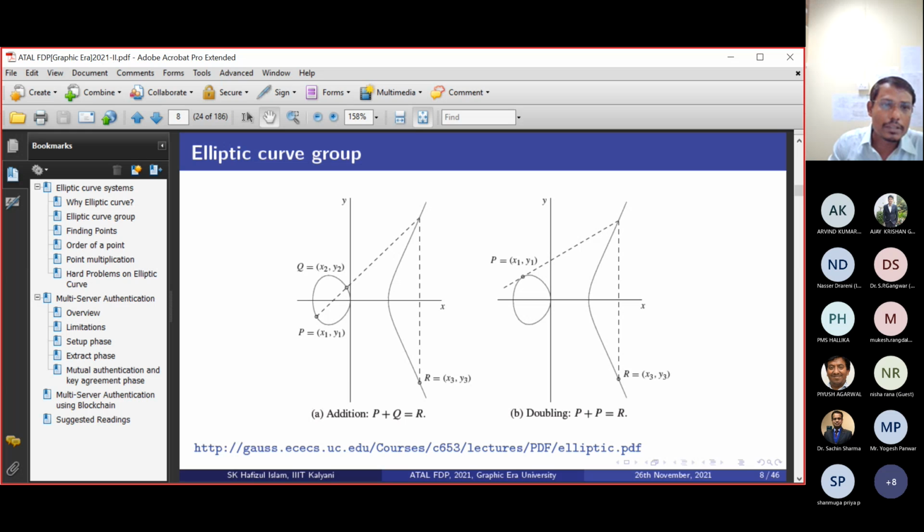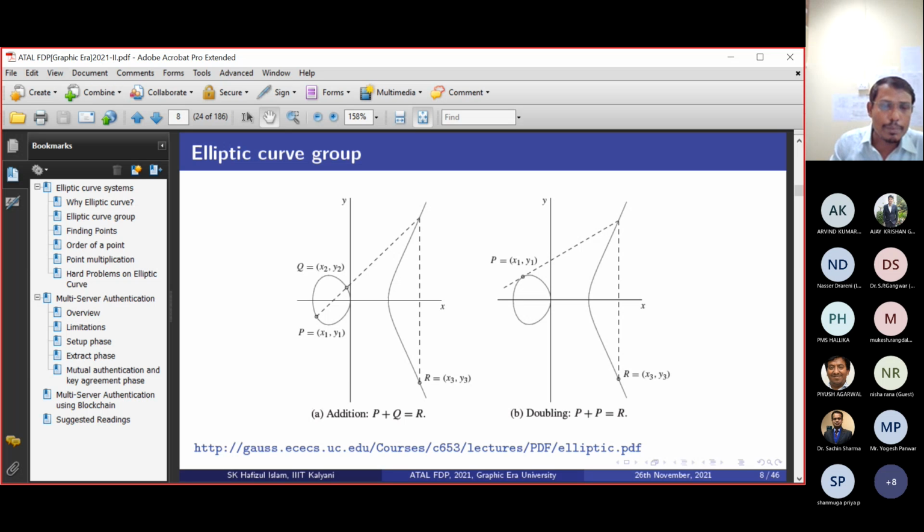So what we can write, x cube plus ax plus b is equal to, we place the value of y, that is mx plus c. We take everything to the left hand side, making it minus, right? From here, we can understand this is a cubic equation. It has three roots, x1, x2, x3. This is x1, this is x2, and we have to find out what is this x3.